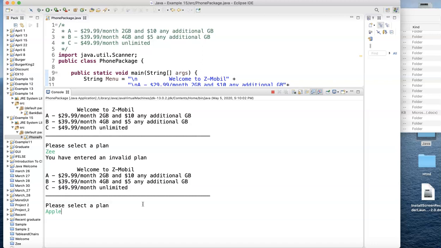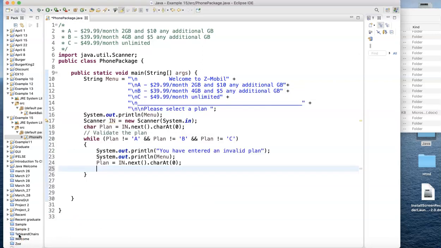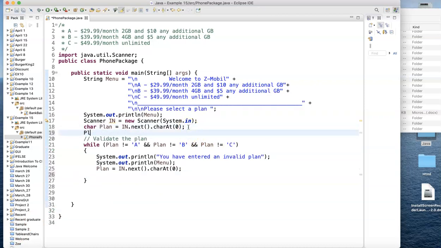Why? Because the machine is going to take the first letter, which is the A, and use that. I said, what's in location 0? And notice it didn't actually tell me that syntax error. If I put lowercase a, it will kick me out. So I can change it to uppercase, to upper. I think I'm going to change it to an uppercase so I don't have to deal with a lowercase a. So once you get the plan, tell them let the plan